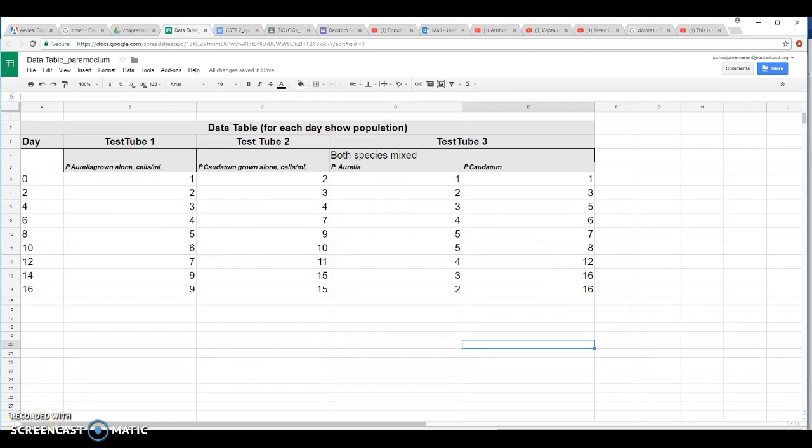Let's try that out. All right, so to highlight, you need to hold the shift button down, and then you can come over to here, and that'll highlight all the data, the days and the population. Or you can just click and never let go, so you click and drag over until they're all highlighted. So again, you can click this first one, hold down the shift key, and then click the last one, and it'll highlight it. Or you can just grab the first square and hold down the mouse and drag over until they're all highlighted. Once you get that done, all you need to do is click this icon that says Insert Chart,